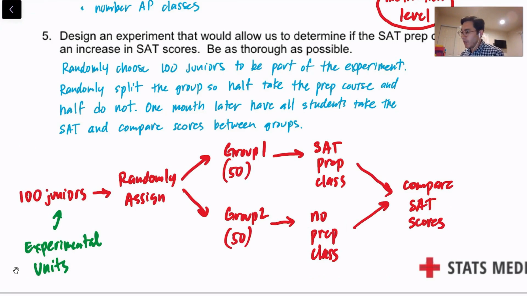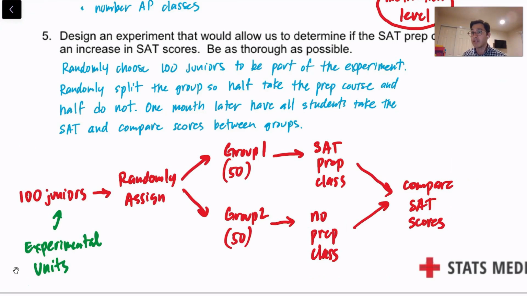All right. The random assignment has a very important purpose. Okay. The purpose of the random assignment is to equally distribute all those confounding variables. Right. So it would be a terrible design if all the motivated students ended up in one group, and all the less motivated students ended up in the other group. Okay. Because then